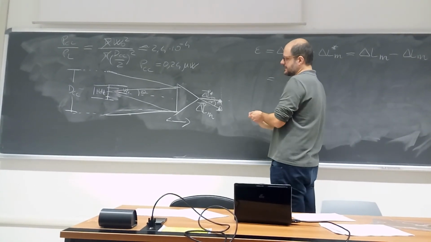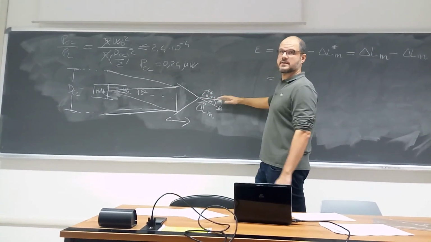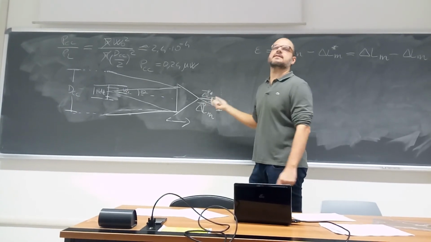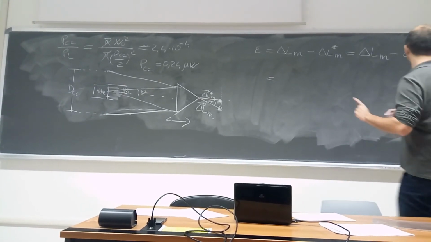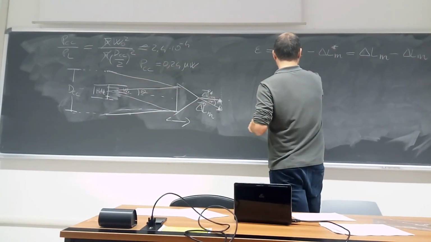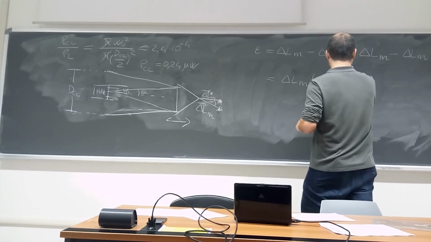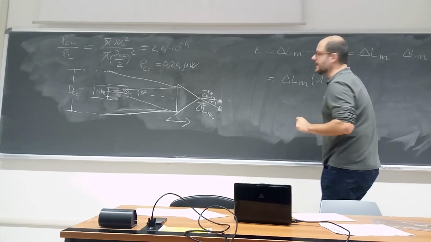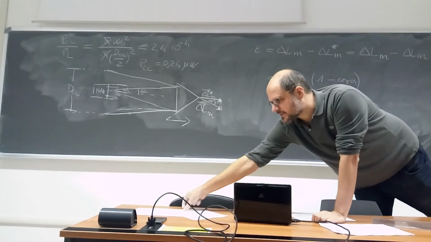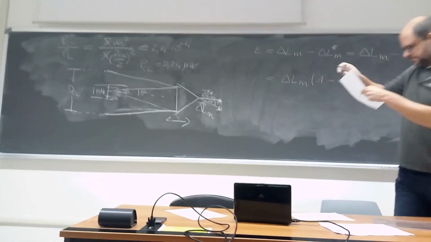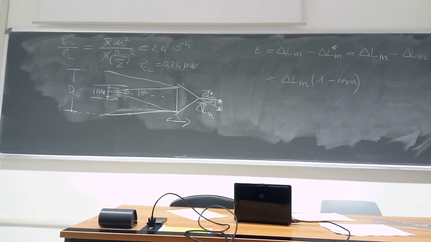When you have a cosine error, so when the target moves not along the optical axis of the system but with an angle, you always underestimate the real displacement. Okay? And so we can write dLm multiplied by 1 minus cos alpha. Okay? Good. Now, the exercise asks you to find out a maximum angle alpha